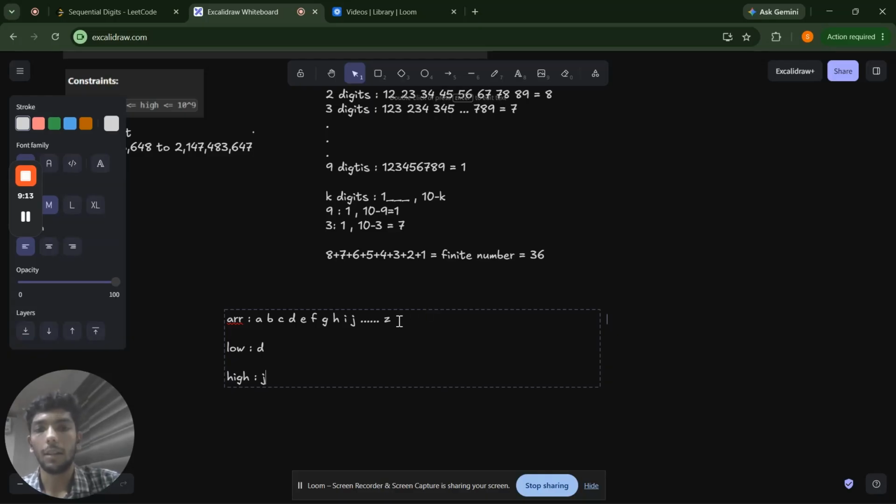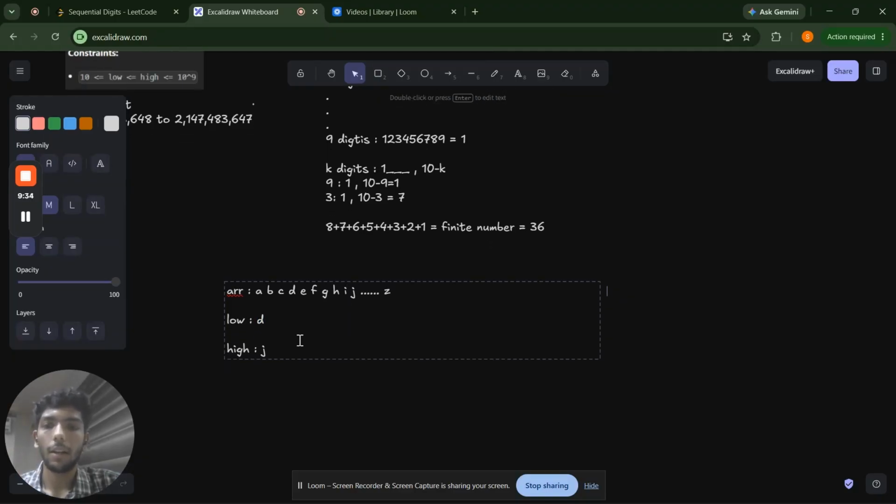We have the list of all the valid numbers, and we will insert them in sorted manner. We will be given two numbers, low and high, for which we need to find all the integers lying between them. So why can't we just do a binary search? For the low, we will just try to find the number